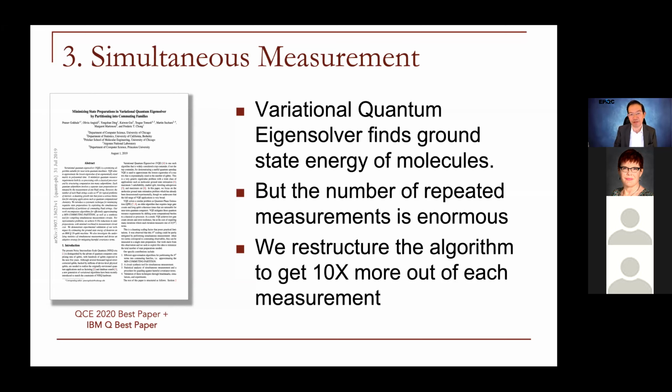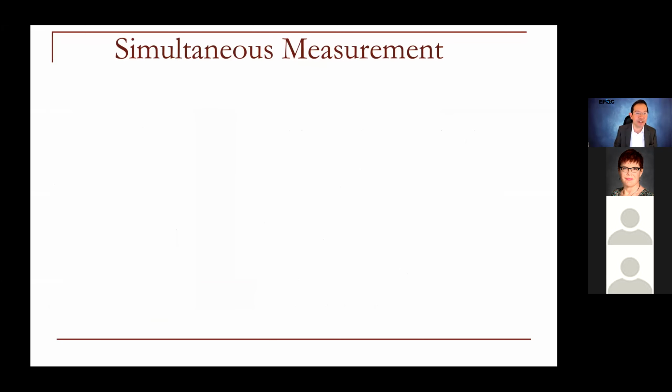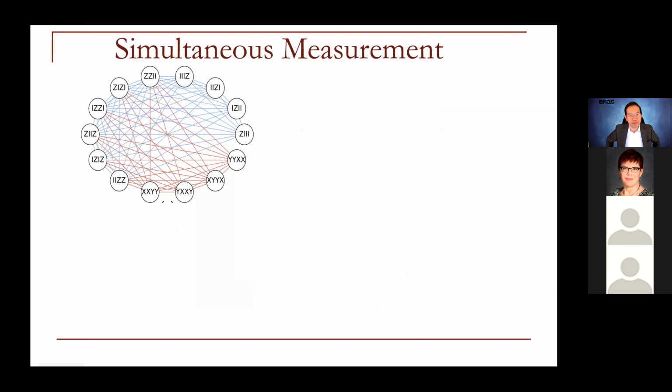So what we find is that the measurements aren't independent. Okay, so the idea is, here is a set of terms that you have to measure in each iteration in an example. And it turns out that you don't have to measure every one, because since they're not independent, you can actually do a little pre-processing, measure a whole bunch of them together, and then post-process and separate those terms out. And in fact, there was a method proposed called qubit-wise commutativity, which uses a commutativity property per qubit to give you groups. And here you can see, you can break the system up into groups where all the blue terms can be measured simultaneously. And then there are 4 more terms that have to be measured separately.